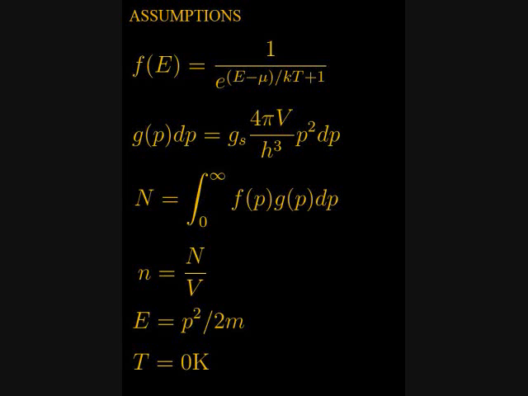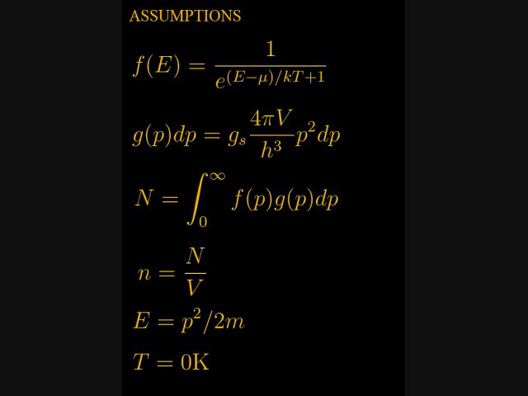Let's derive an expression for the Fermi momentum. The Fermi momentum is the maximum momentum a particle has if it's part of a gas that's degenerate. Or more precisely, it's the maximum momentum a particle would have if the temperature is 0 kelvins, and it only